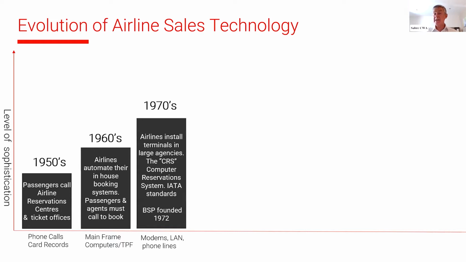And in 1972, they actually founded BSP and the North America ARC. At this point, the technology was not really dedicated to the travel industry. Using existing phone lines, you had to have a modem, and you had to have a wired LAN, local area